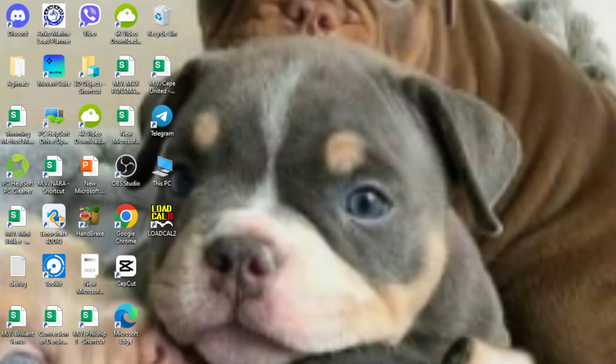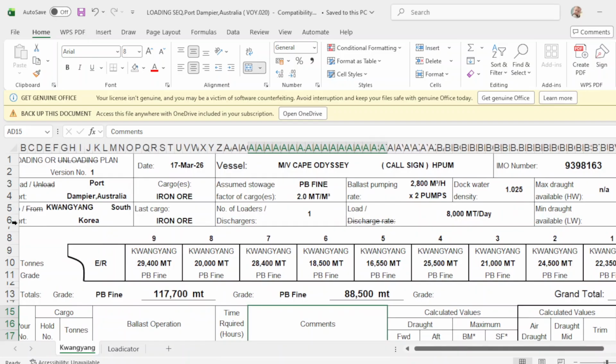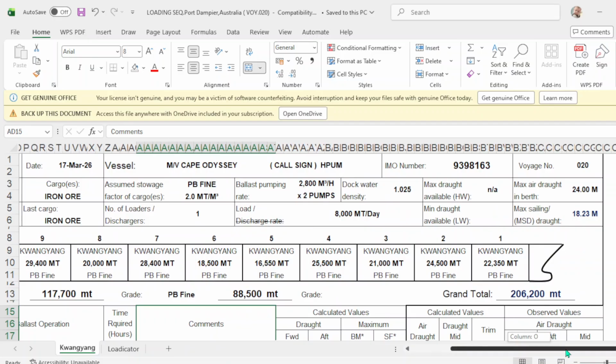Firstly, we'll go to the loading sequence. Okay, this is the loading sequence. It's loading in Dampier, Australia, and discharge in Gwangyang, South Korea. The cargo is iron ore, and the maximum sailing draft is 18.23. The total cargo is